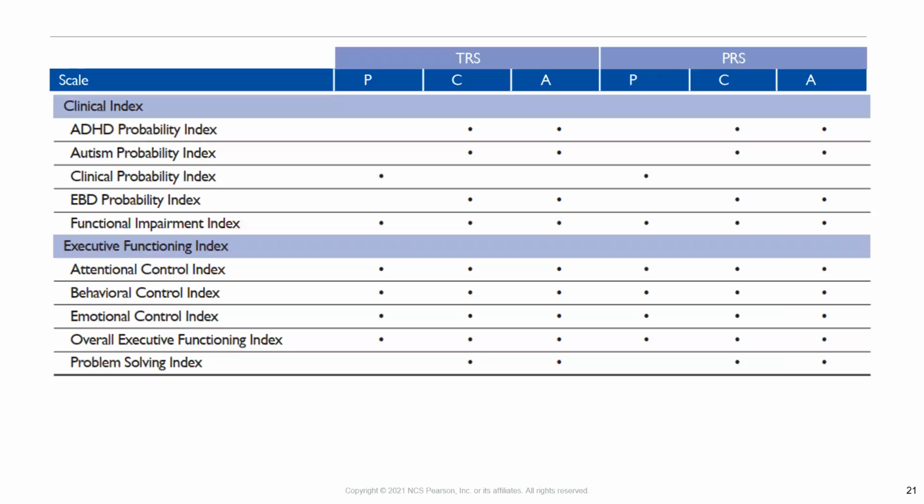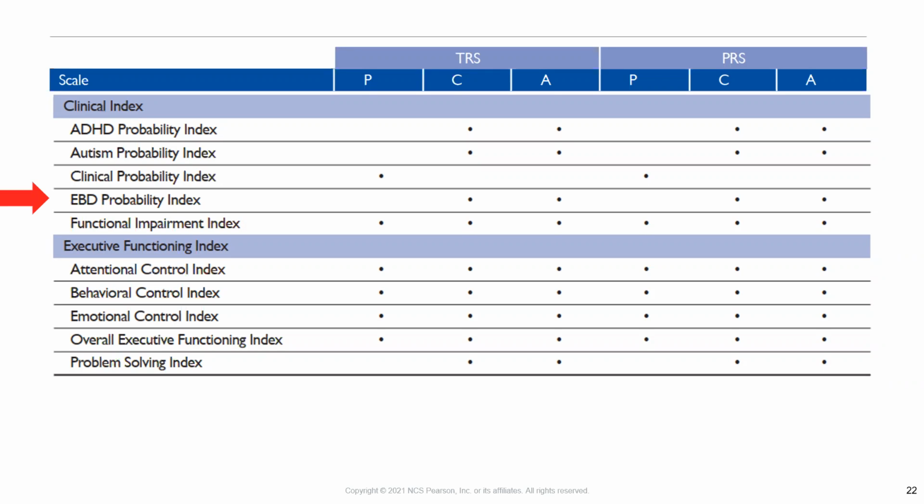The index skills are empirically derived skills that include items that best differentiate between children with and without clinical disorders or educational classifications. They can be particularly useful for establishing the overall level of impairment, such as in the case of the functional impairment index. And they can also be used to inform decision-making when the results from the clinical and adaptive skills are not as clear-cut as we'd like them to be.